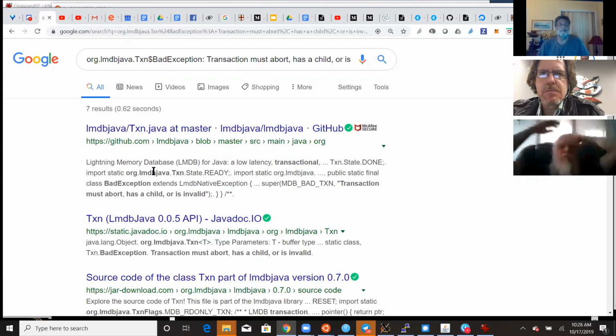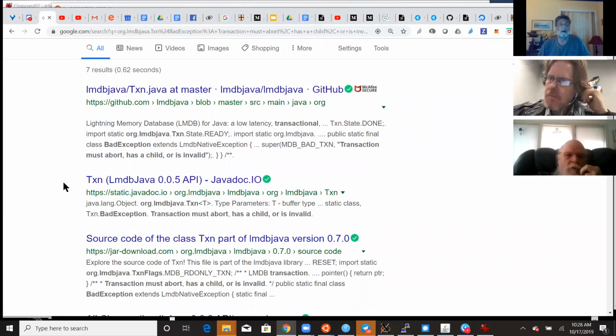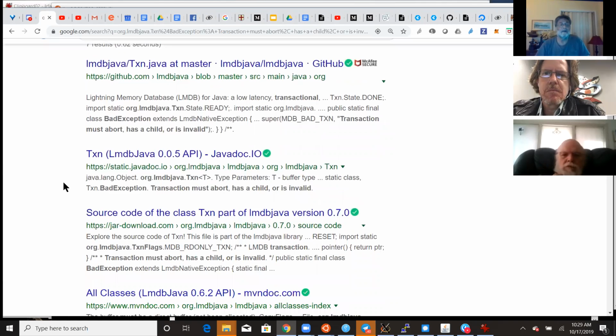That's Lightning Memory Database. Lightning Memory, LMDB. I should have remembered that. I don't know what this is.